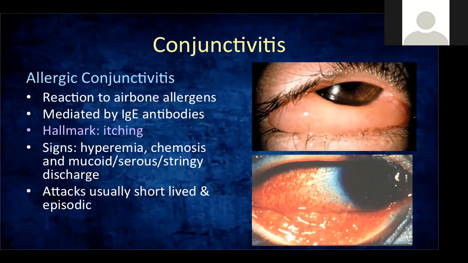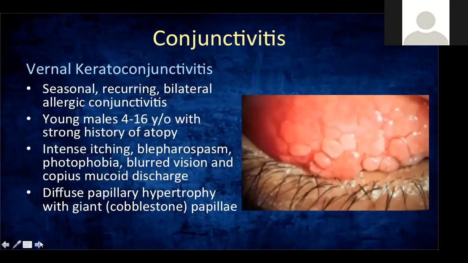And because your allergies are episodic, your allergic conjunctivitis can also be episodic, particularly in the months that are dry, like the summer months where you have pollen also in the air and other allergens. This is what I was talking about, the specific type of allergic conjunctivitis that you see in young males. It's seasonal,